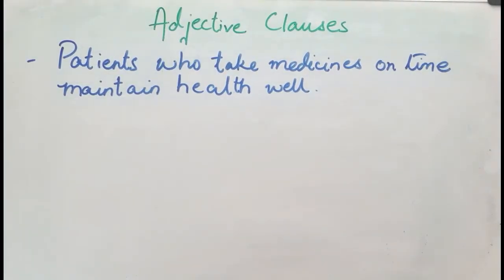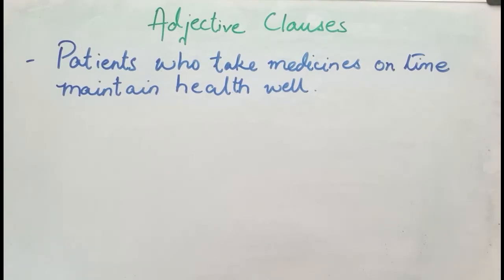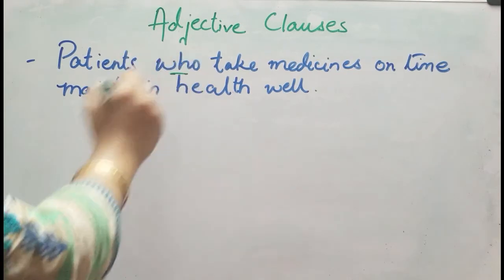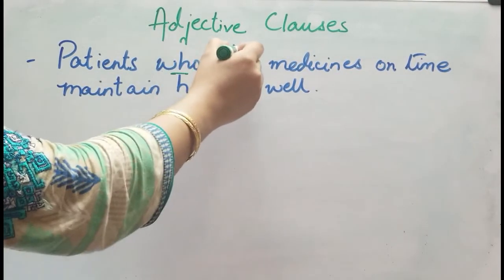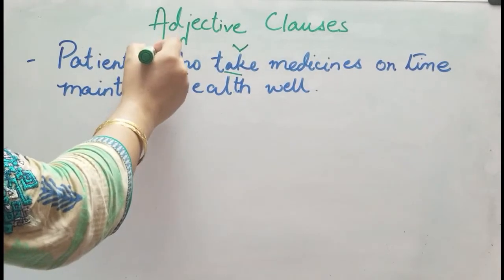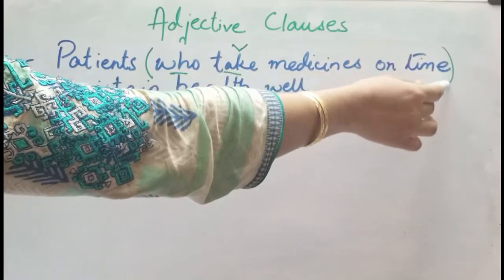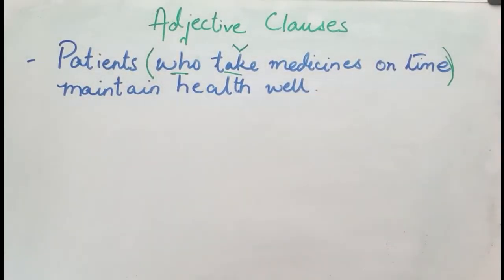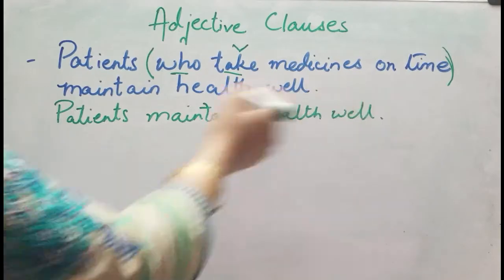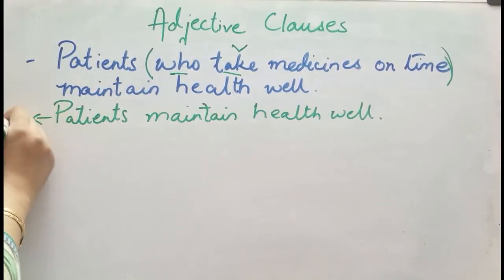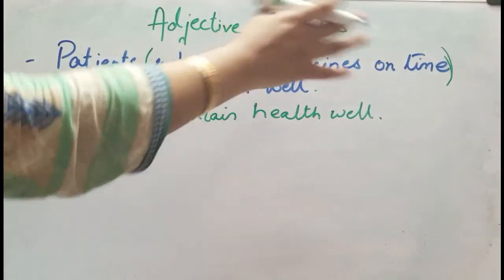Let's look at this example. See, you have got your trigger word over here, that is who. You have got your verb over here. But see, this is your subordinate clause, who take medicines on time, right? We have our independent clause, this could have stood alone, as this is an independent clause, right? But we needed some extra information, that is why we added who take medicines on time.